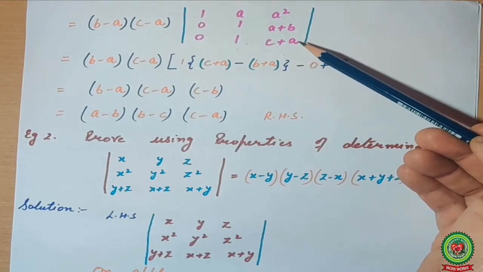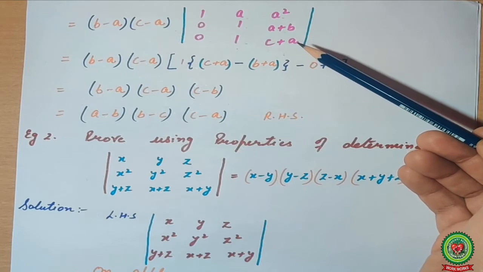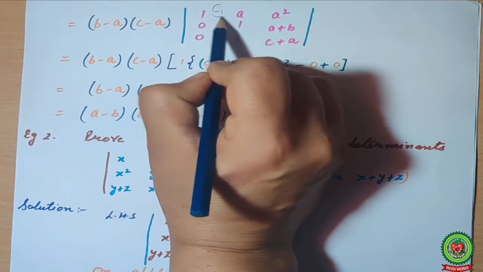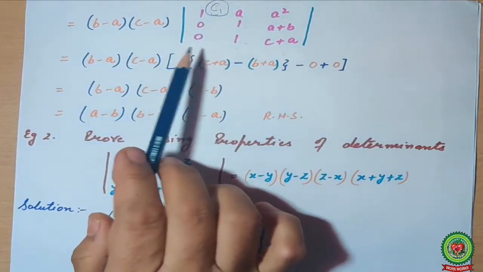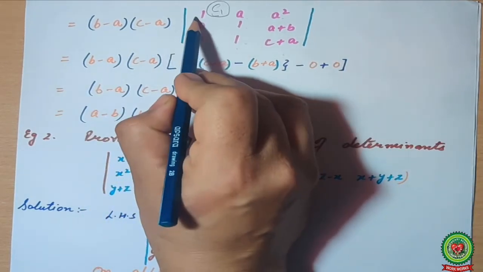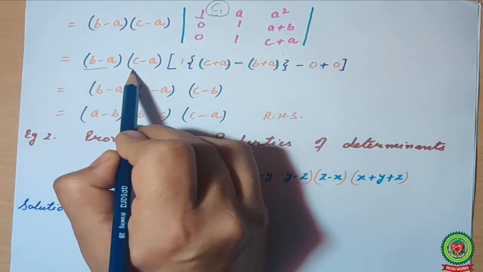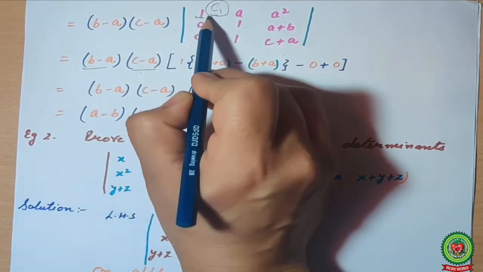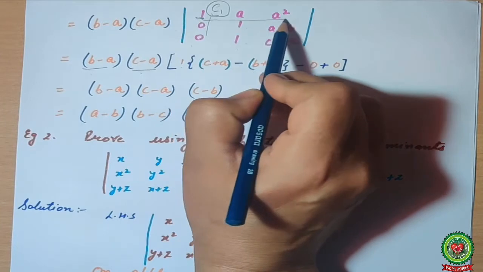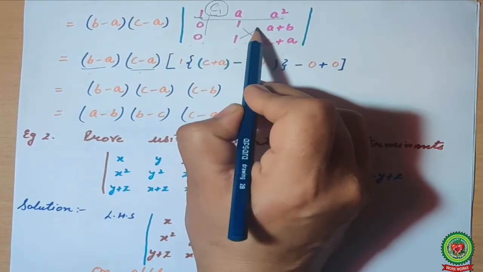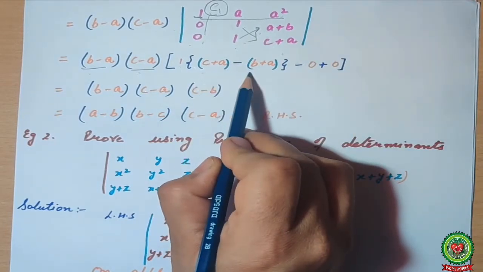Now we can expand the determinant along that column which is having 2 zeros. So which column is having 2 zeros here? C1 is having 2 zeros. So we will expand the determinant along the first column. Now 1 is there, these two at the same position, b minus a, c minus a. 1 is there. We will hide this row and this column. First column, first row. By the cross multiplication, you will get the value of the determinant.